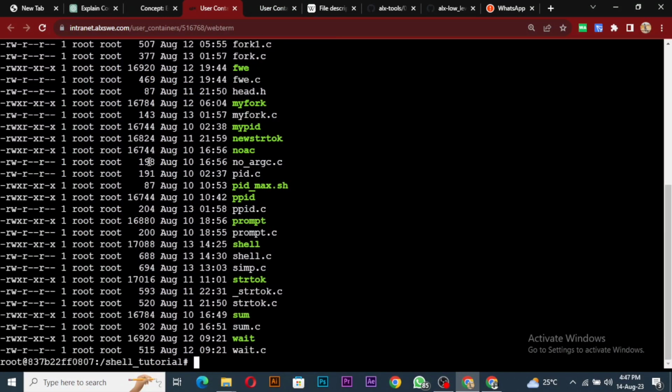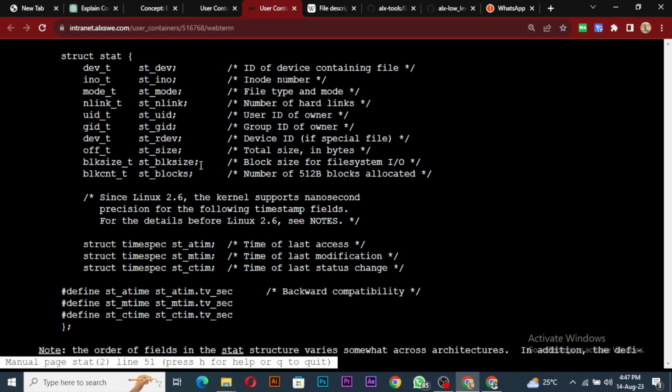Where is it? Is it this one? I think it is this one. Yeah, I think this is total size. That should be okay. So this guy will help you get the total size of the file, block size for file system I/O, number of 512-byte blocks allocated, blah blah blah. Since Linux 2.6, the kernel supports nanosecond precision for the following timestamp fields. So we also have some here. So this one is nanosecond precision. So the time of last access. So we can get the time it was accessed last, time the file was modified, time of last status change,